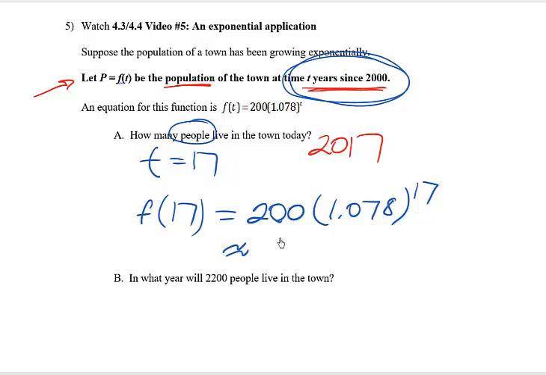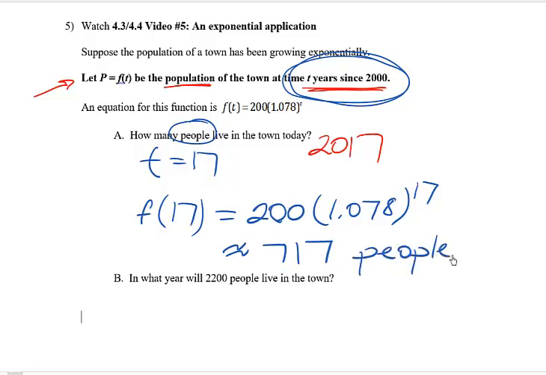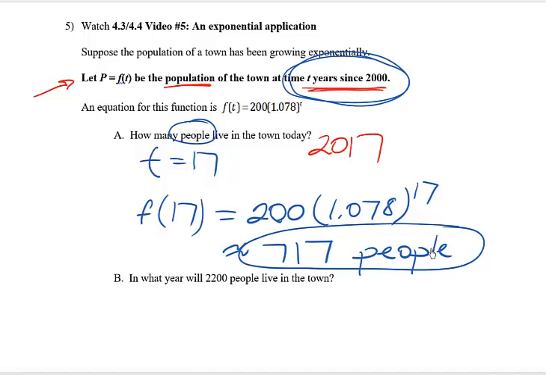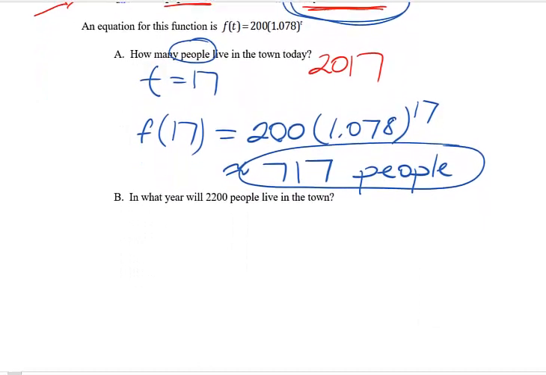And it doesn't really say where to round, though since we're talking about people, it would probably make sense to just round to the nearest whole number. On my calculator, you should try it out on yours as well, but I got about 717. So if we're talking about the year 2017, we are saying that this little town would be up to 717 people. Obviously, if you were watching this in a different year, then you would use that year in order to work the calculation.